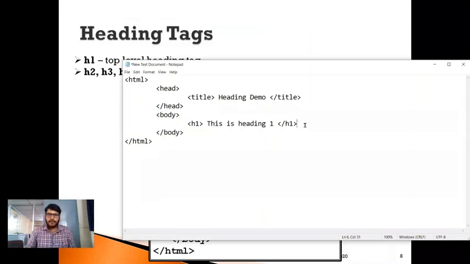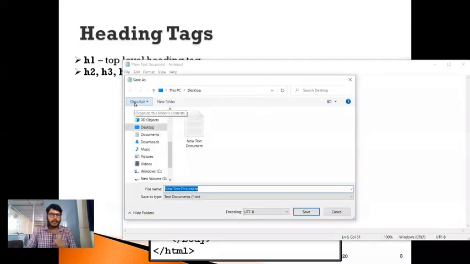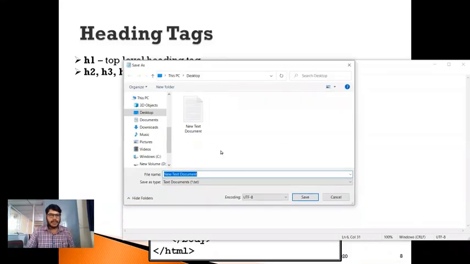So now, let me save this. Go to File, click on Save As here. Please try to observe. I'm going to save on desktop here. While saving this document as an HTML, this is very important. In the file name section, I should specify double quotation.